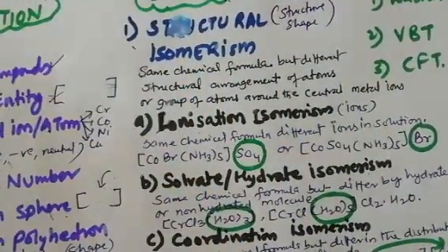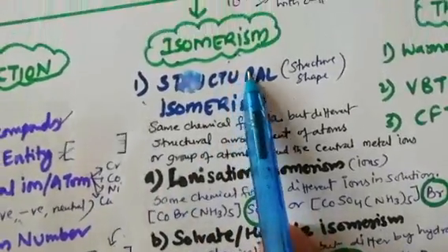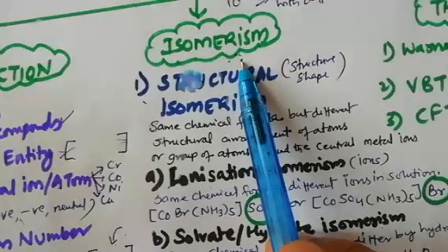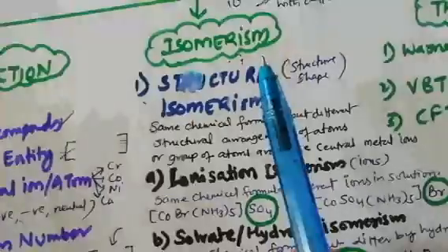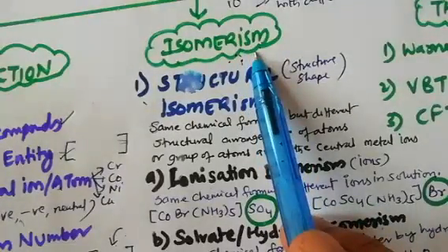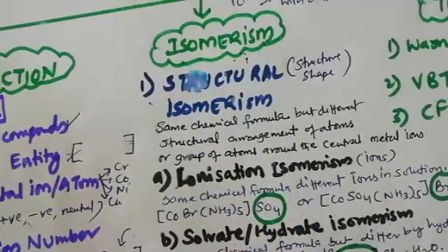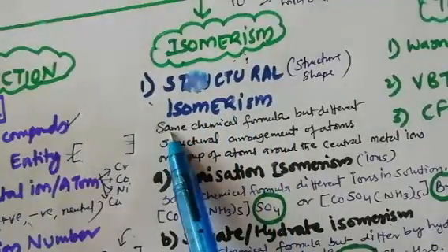So first, what is structural isomerism? First thing is, what is isomerism? Two or more compounds having the same molecular formula but different arrangement of atoms are called isomers, and the phenomenon is called isomerism. Isomers can broadly be classified into two major categories: structural isomerism and stereoisomerism, in which structural isomers are the isomers which